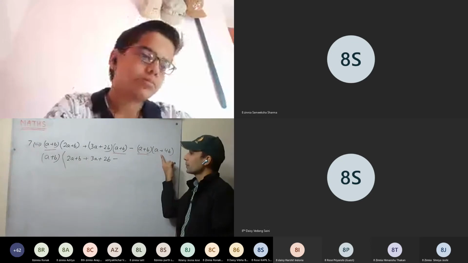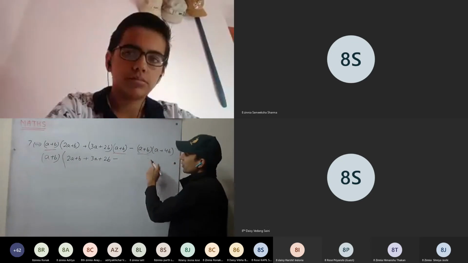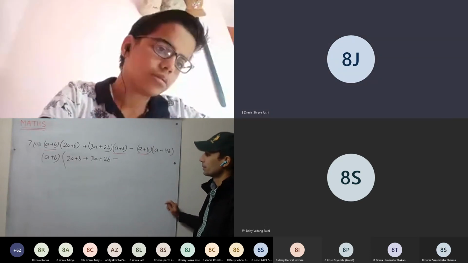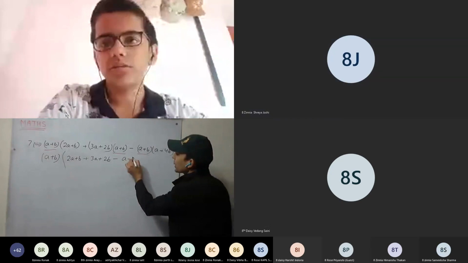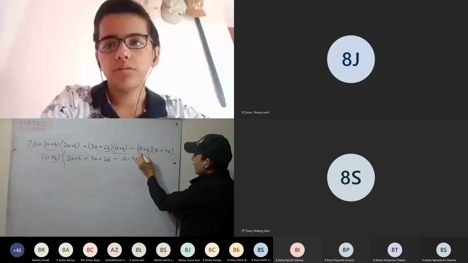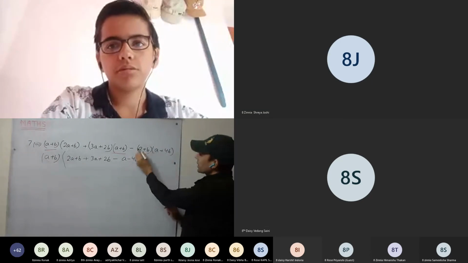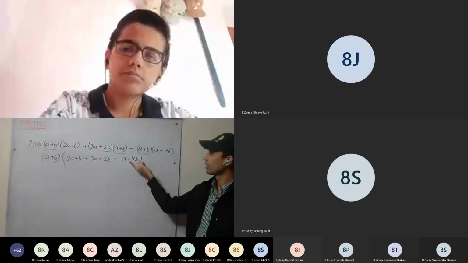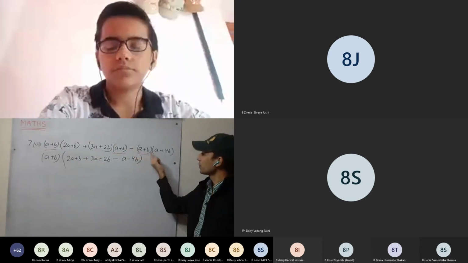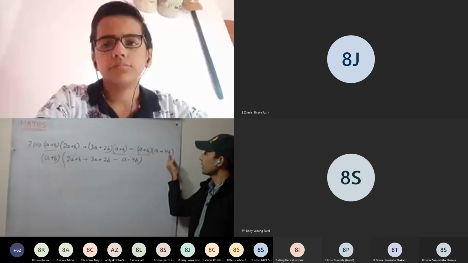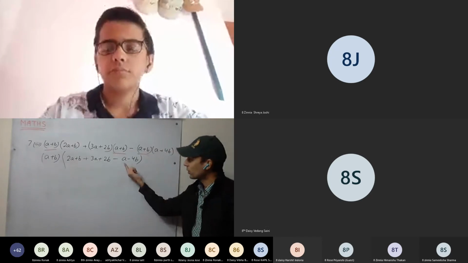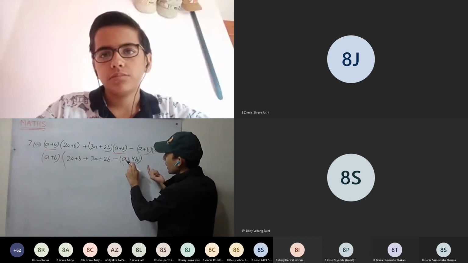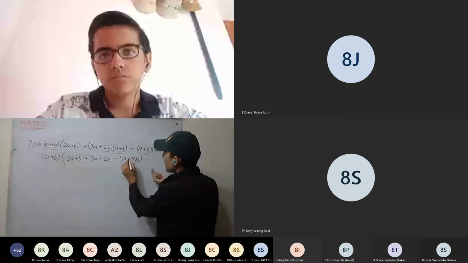Now tell me the terms. What will be the terms? a plus 4b or a minus 4b? a minus 4b, because this minus a minus 4b. When we open the bracket, minus a minus 4b. Is this clear? Don't make a mistake here. When we are opening the bracket, then it will be minus a minus 4b. So when we open the bracket, here it will be minus sign.